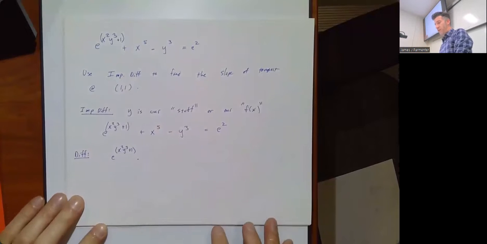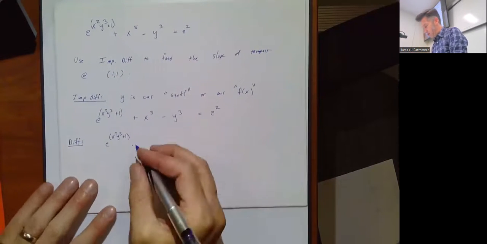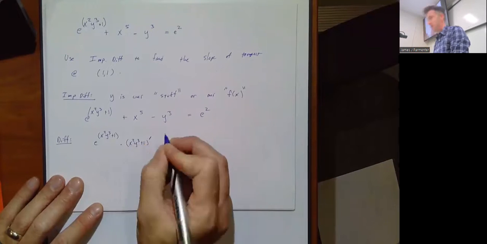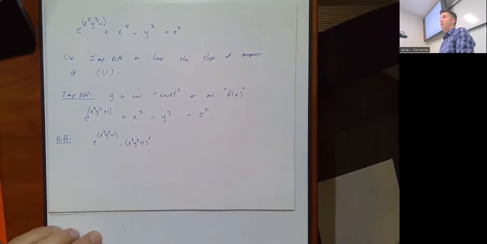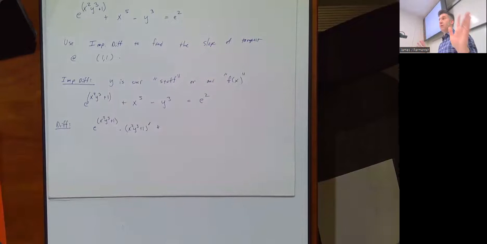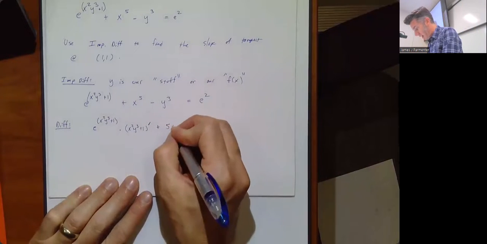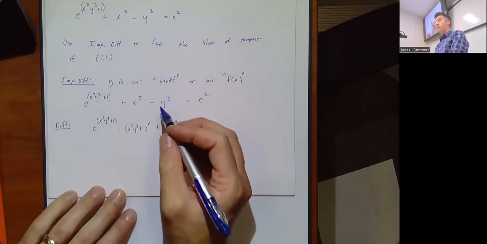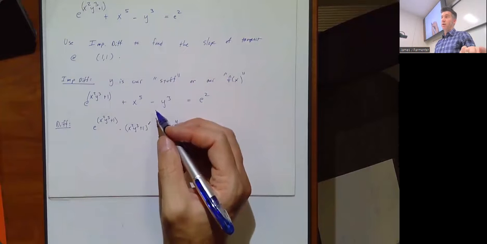And depending on how much work I feel like doing at the moment, I might just write the derivative of that stuff like this in kind of a lazy way. I could actually just do the work, but I'm going to do it in 2 steps. Okay. X to the 5th is straightforward. It's not a complicated thing. It's just a power of x. Its derivative is 5x to the 4th.